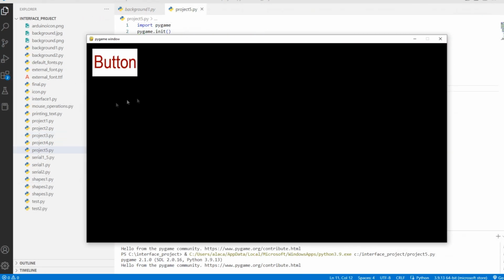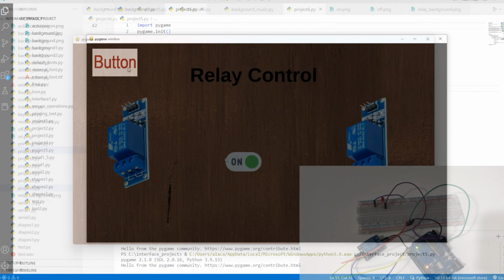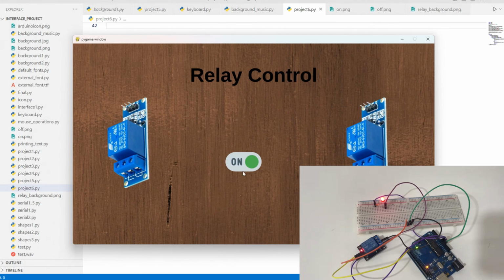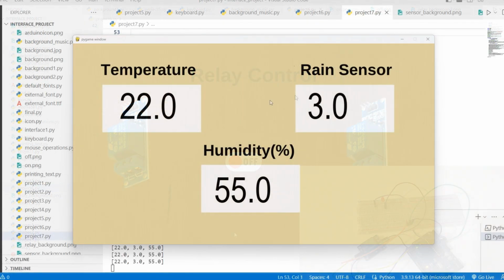Moreover, we will learn to develop our own interfaces using Python and to control our own Arduino or a different embedded system board with the interfaces we have created. In addition, we will develop 2 different advanced projects in the course content. And also, there are many examples and theoretic explanations in the course.